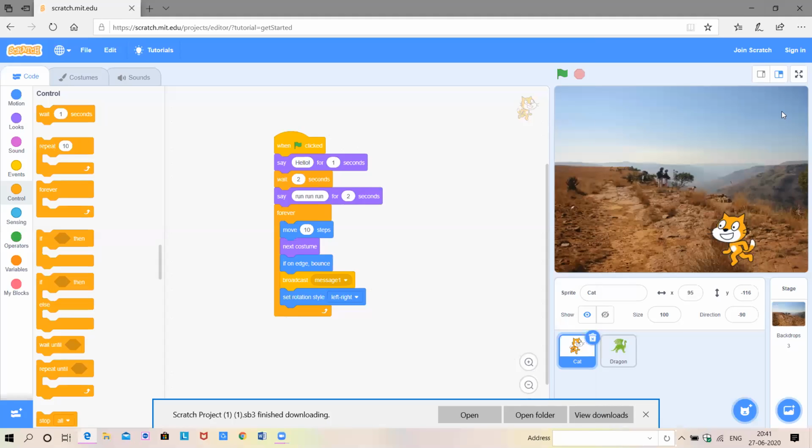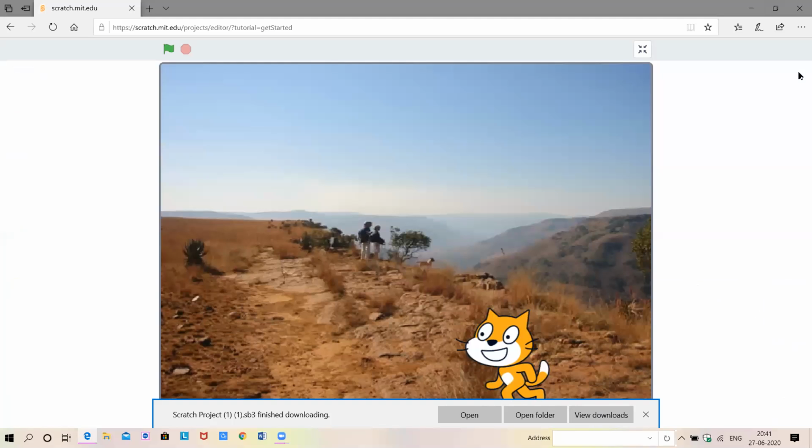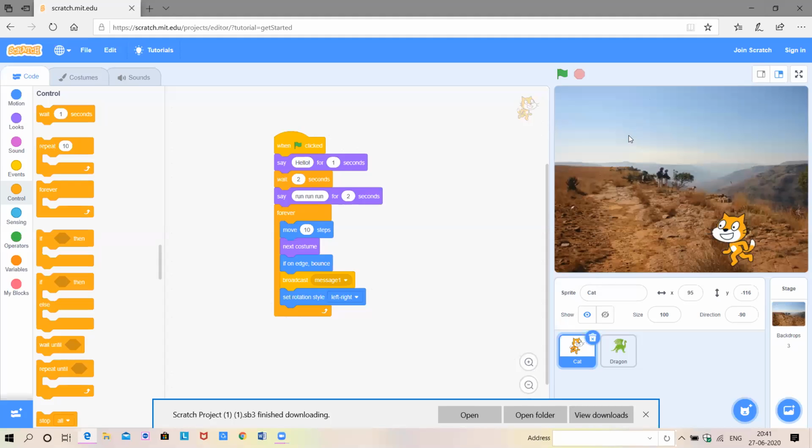Please share your screen and tell me. Okay, now if you go full screen again, go full screen again. So when you hit the green flag, at that time you can record it on your mobile camera. And then if you want to share with someone what work you have done, you can show it to them.